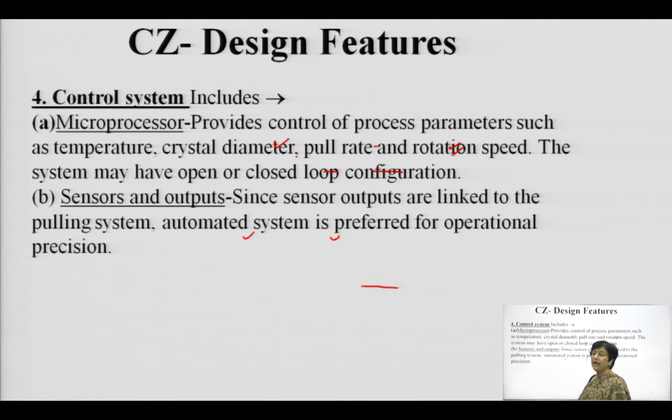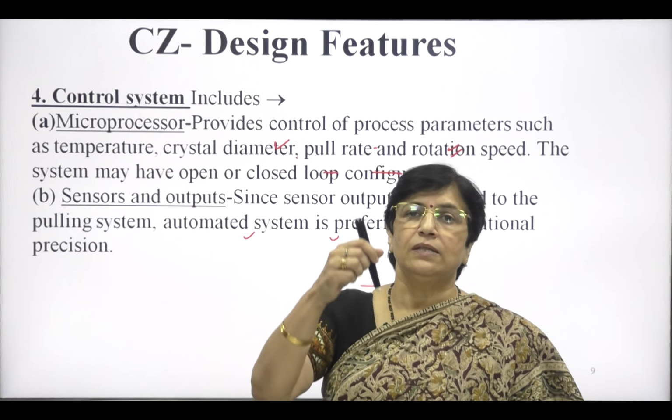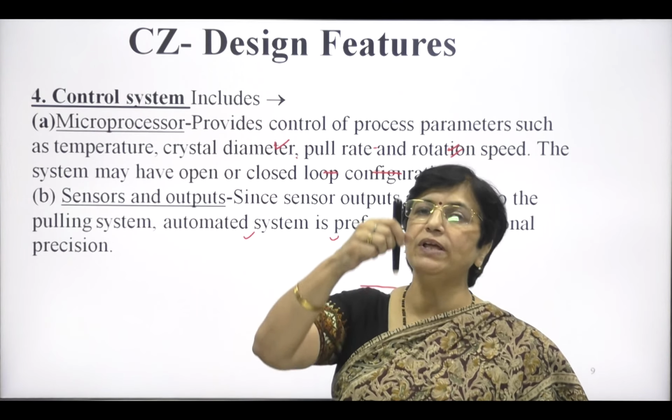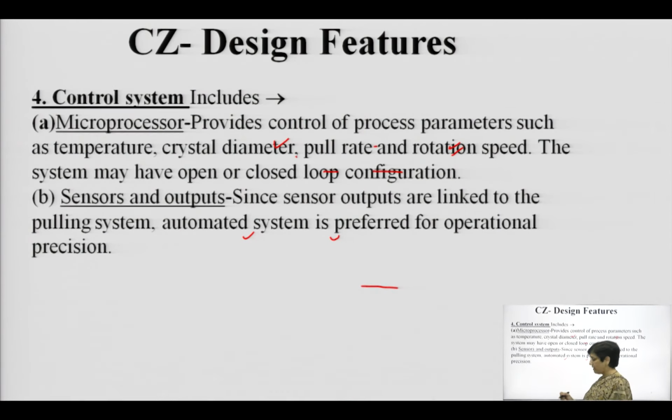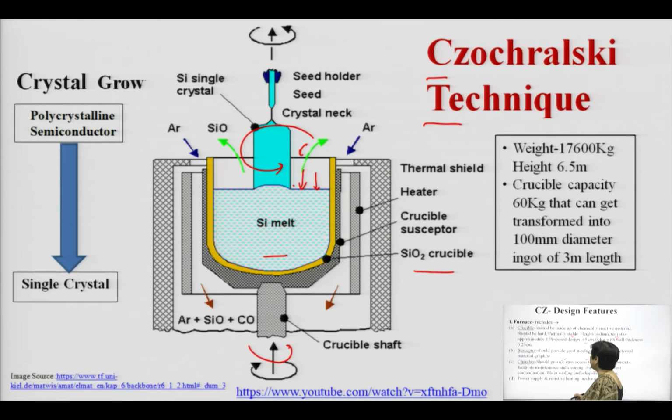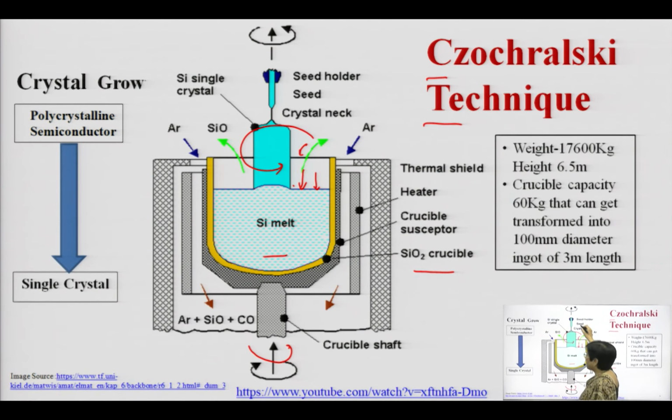And lastly, the entire control mechanism, wherein you have the stable crucible rotation, the crystal pulling mechanism, the chain pulley mechanism which is lifting the crystal while simultaneously controlling the rotation of the crystal, all that should have minimum intervention of human beings. All these processes need a lot of precision, and therefore it is essential to have a complete microprocessor based or automated system which will take care of this mechanism.